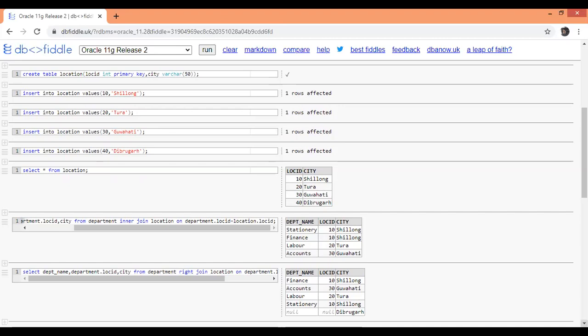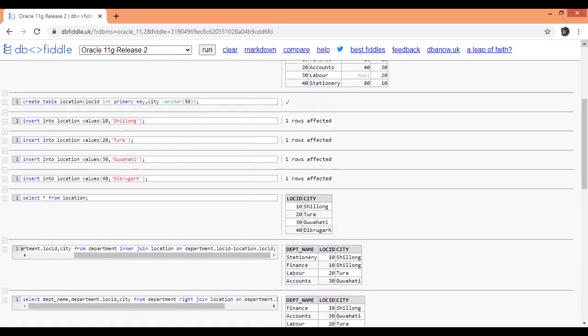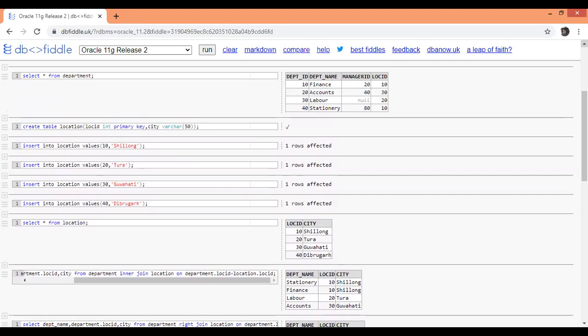Moving on, we are going to the right join. In a right join, as we already know, whatever rows are present in the right table will all be displayed, even if there are no matches. For us, the right table is the location table.